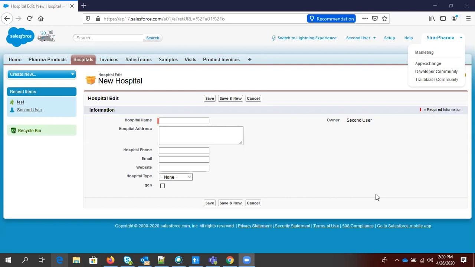Let me tell you, it is based on your calculation. Let's say you have 50 users, and all 50 have the same profile, let's say sales manager, and you just want to give extra permission to 10 to 15 users. Then it is not feasible to create a new profile. You can simply create a permission set and assign it.